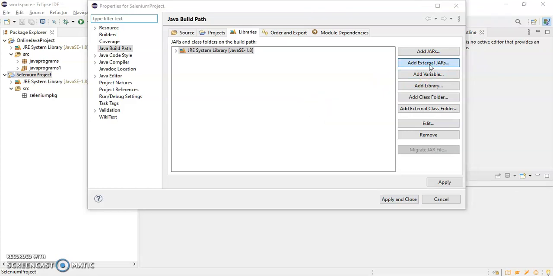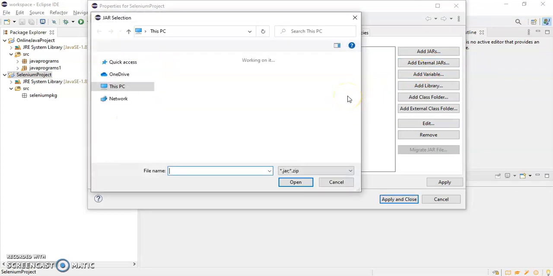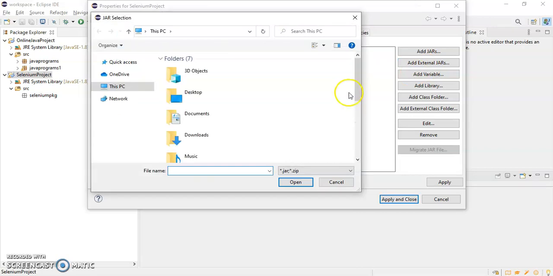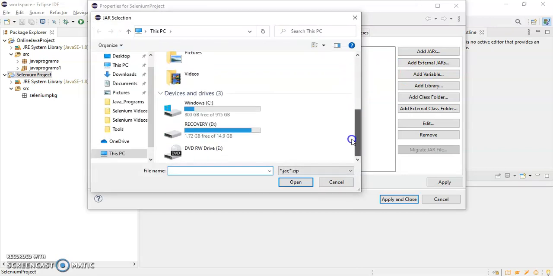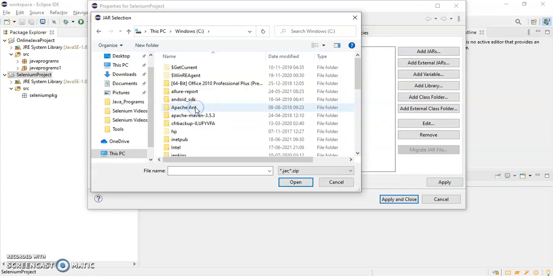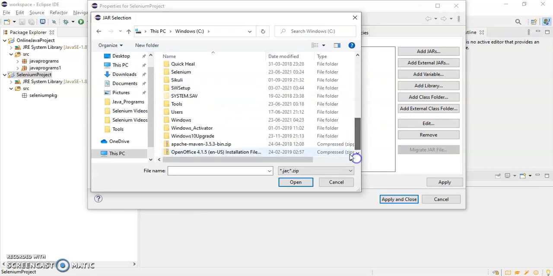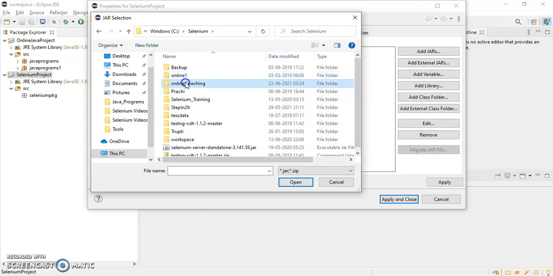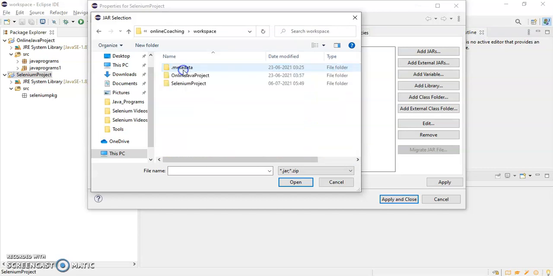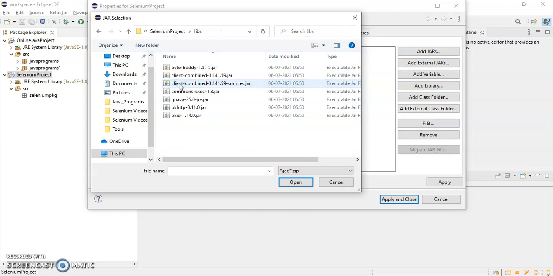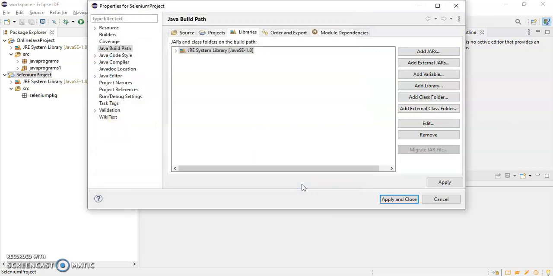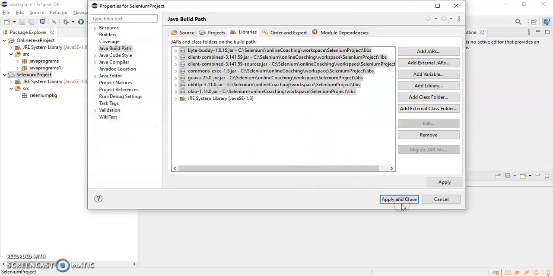Click there and you can search for your libraries. Okay, so I have kept my libraries in C, Selenium, online coaching, workspace. This is my Selenium project, libs. So select all, click on open, and apply and close.